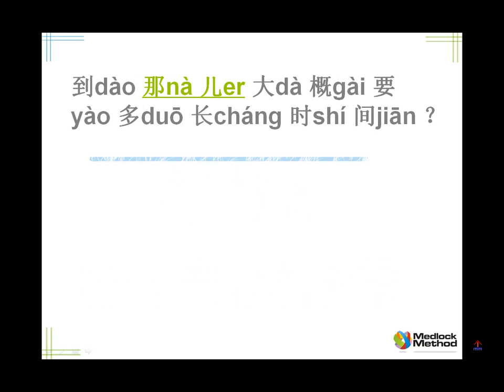Okay, let's move on. The first sentence pattern is 到那儿大概要多长时间? Arrive there, about need how much time? Technically, we say how long, 多长时间, how long time. And 要 need or require or want. Here, requires how long. So the correct way of saying this in English, of course, is how long does it take to get there? That's right. But we say 大概, about. About how long does it take to get there?